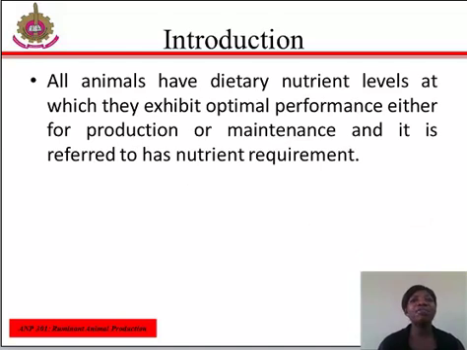All animals have dietary nutrient levels at which they exhibit optimal performance, either for production or maintenance. This is what is referred to as the nutrient requirements of the animal, and it is a function of age, type of animal, size, and also the production. All the nutrients required are energy, protein, fat or lipid, vitamins, minerals, and water, which have specific functions in the